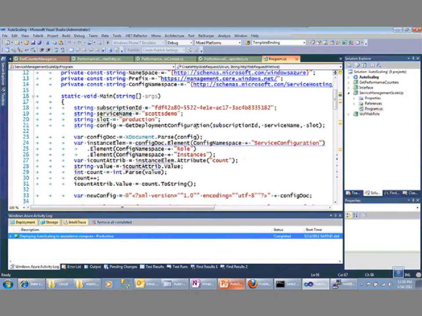So, for example, here I grab the deployment configuration based off of this particular subscription ID and service name and slot. So this, in Azure, again, there are two slots. There's one for staging and one for production. And here I'm grabbing the production slot from the Scott's Demo service at this particular subscription ID. And if I just go ahead and run it,